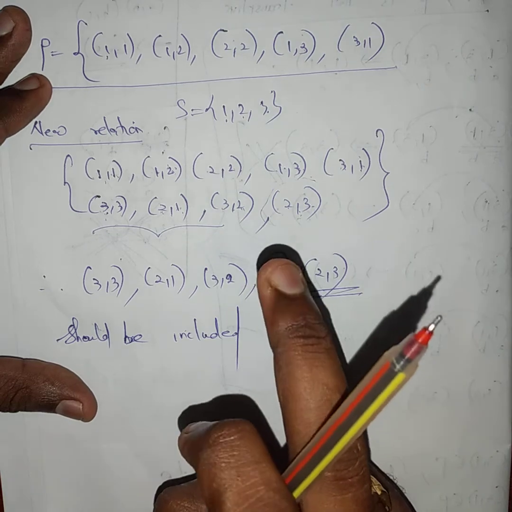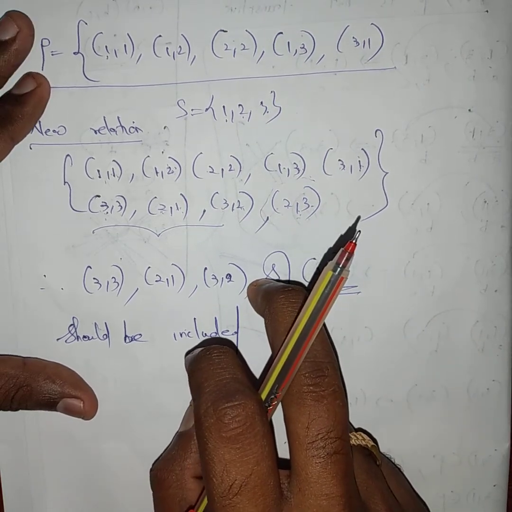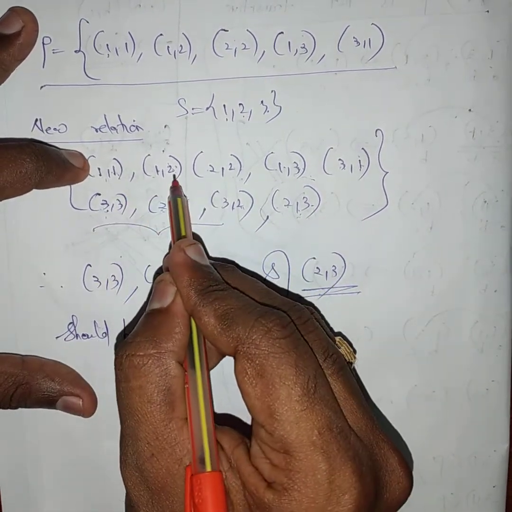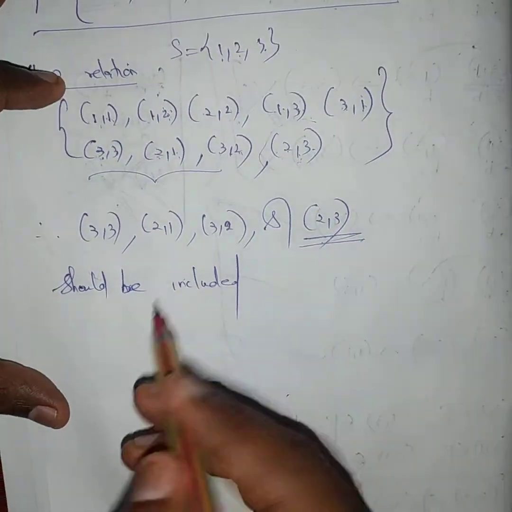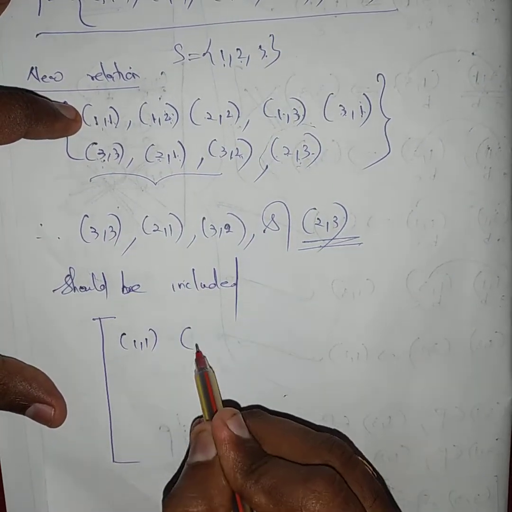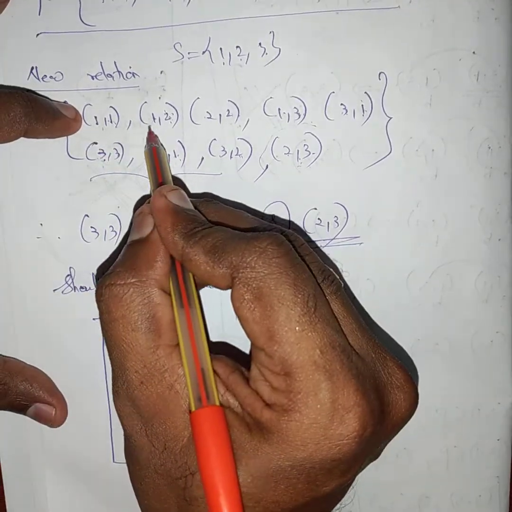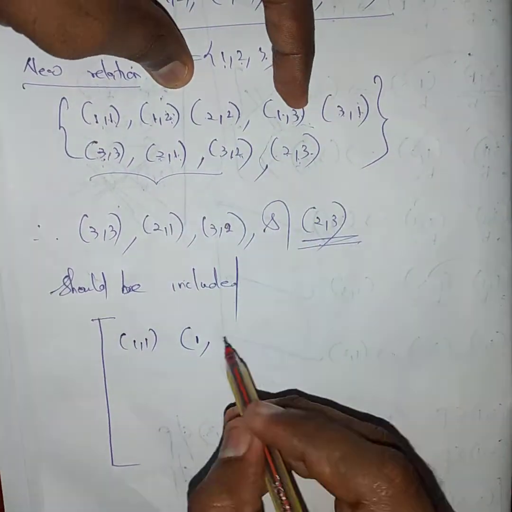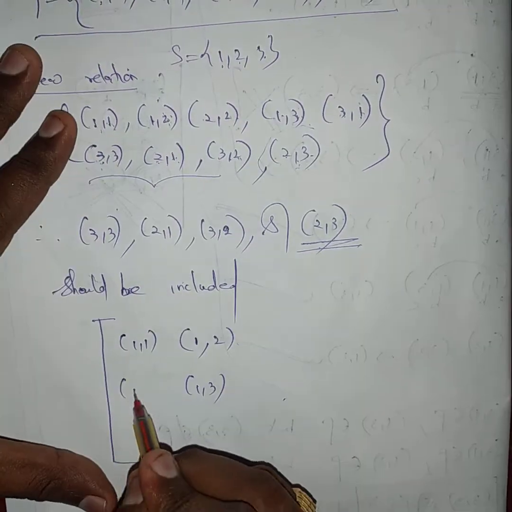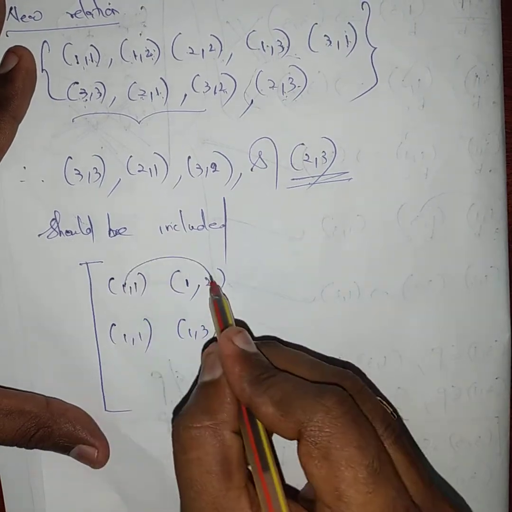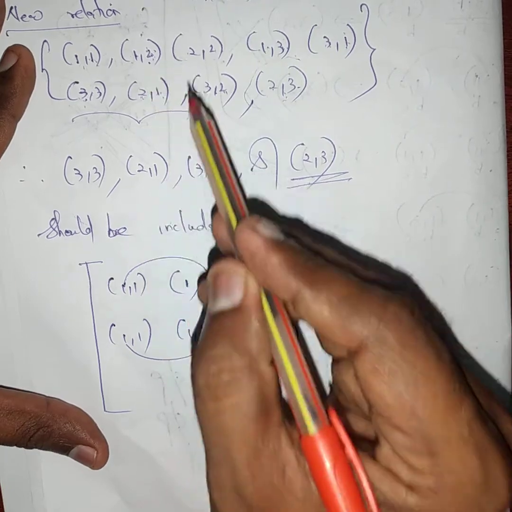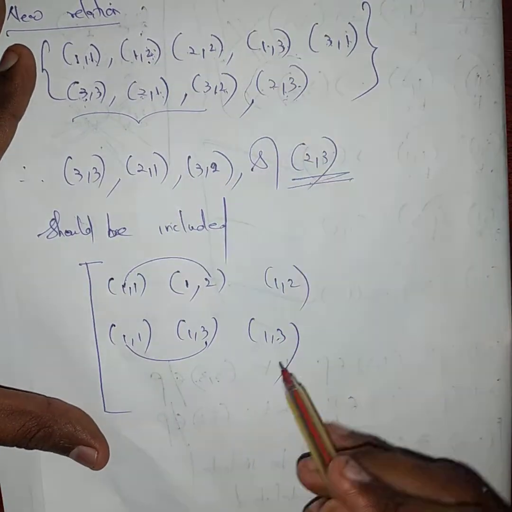If anybody says, sir, transitive is unsatisfied, you come, I will teach you once again how transitive is satisfied. I want to take 1, 1, I want to take 1, 2, that is 2, 1, 2 is present. If you want, I will show one thing. I am going to take this one as 1, 1. In 1, 1, I want to take 1, something. How many 1s are present starting here? 1, 2 and 1, 3 are present here. 1, 2 should be present and 1, 3 should be present. See, 1, 2 is also present. Check here, 1, 3 is also present.